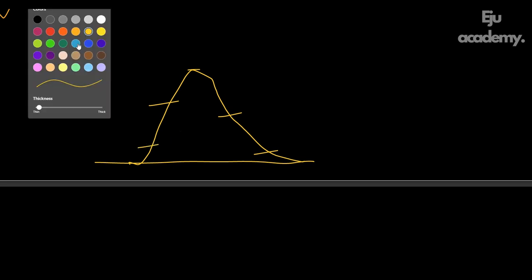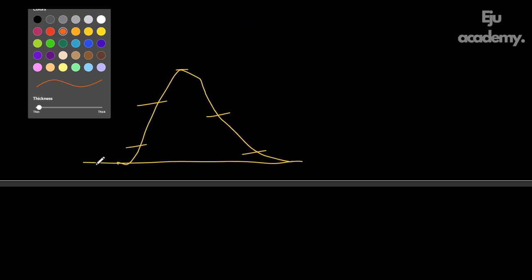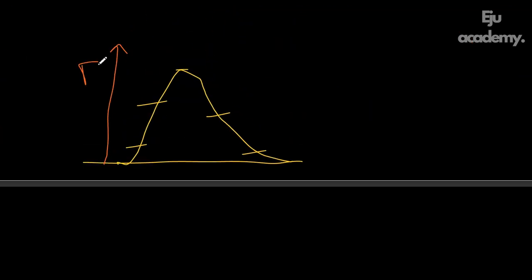Now the next scenario is when we have varying force. The amount of force is varying. Let's say it's different at this point, different at this point, different at this point. The amount of force is really varying, it's not constant like in this one. So we'll draw force here and time here. As the force is varying, the area under this whole curve is going to be